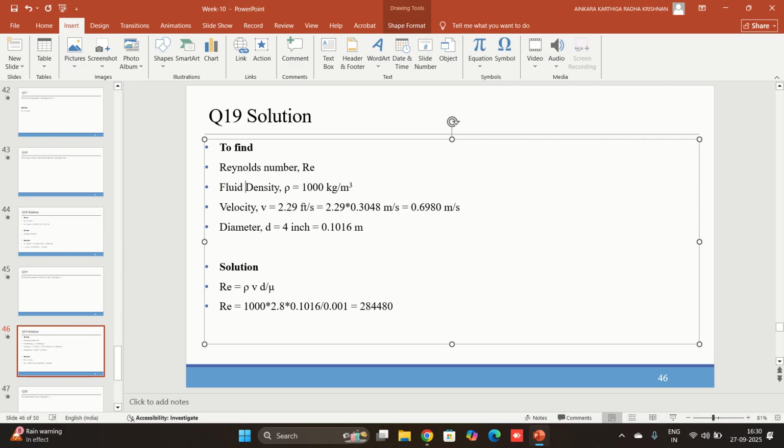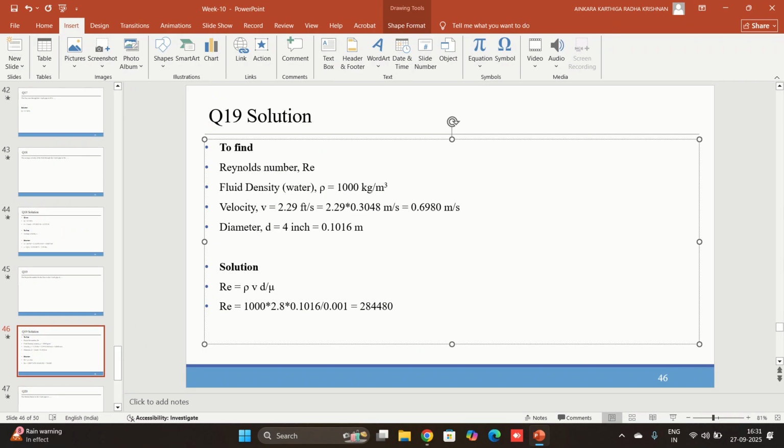Fluid density rho is equal to that of water, and velocity we calculated. Diameter is 4 inch. 4 inch is 4 into 1 inch, 2.54 into 10 to the power minus 2, that is 0.1016 meters. So now we can calculate the Reynolds number, which is nothing but